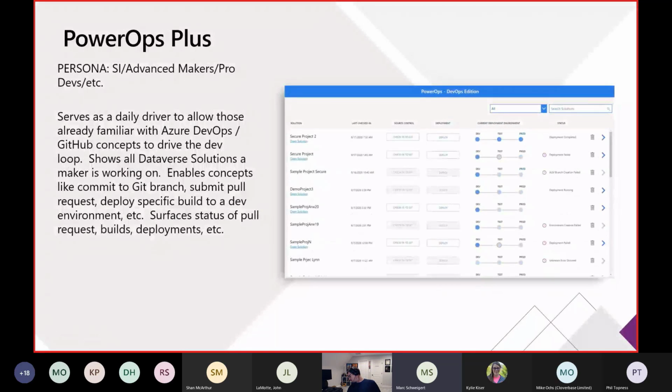It is geared towards, frankly, the persona of people that we have on the COE starter kit, who are unafraid of words like source control and Git and branching and pull requests and that sort of thing, and want to be able to have full control over the ALM process with some productivity.